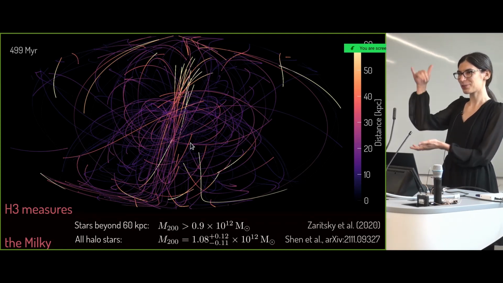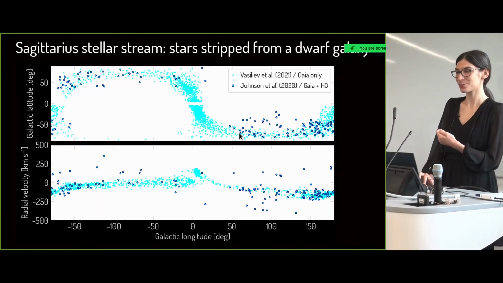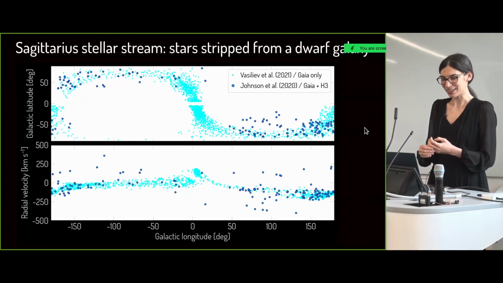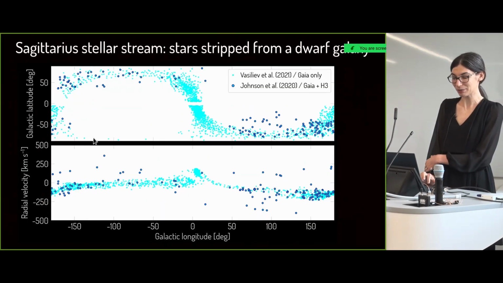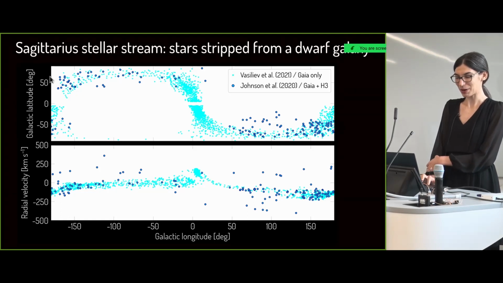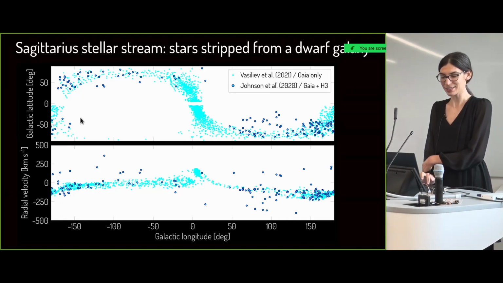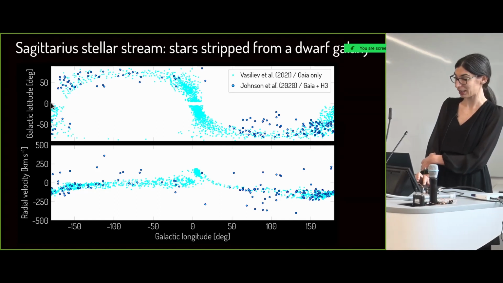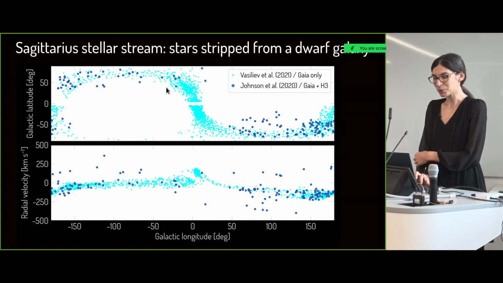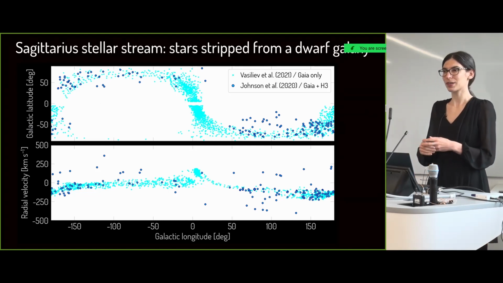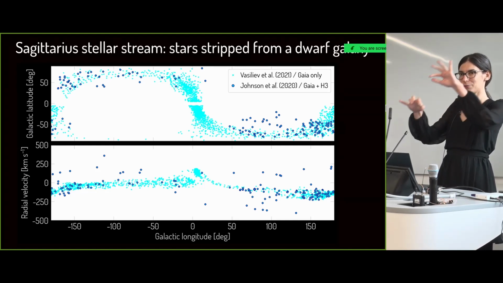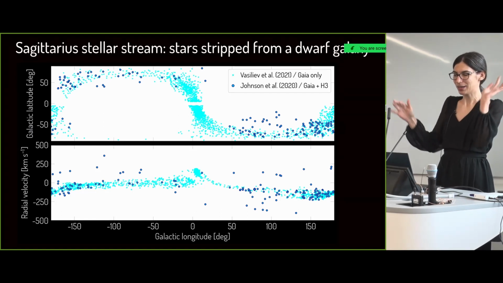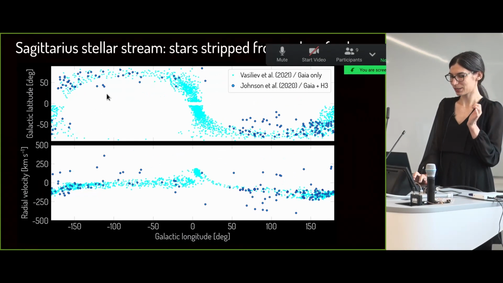It turns out when we trace these orbits back, you get to the Sagittarius dwarf galaxy. So I'm showing here a view of the sky coordinates on the top, with galactic latitude on the y-axis and galactic longitude on the x-axis. And so the galactic midplane would be at latitude of 0, basically. The light points are from Eugene Vasilyev's work, when he took the Gaia data, starting from the Sagittarius dwarf galaxy and following the tidal tails emanating from it. And you can see those are the lighter points.